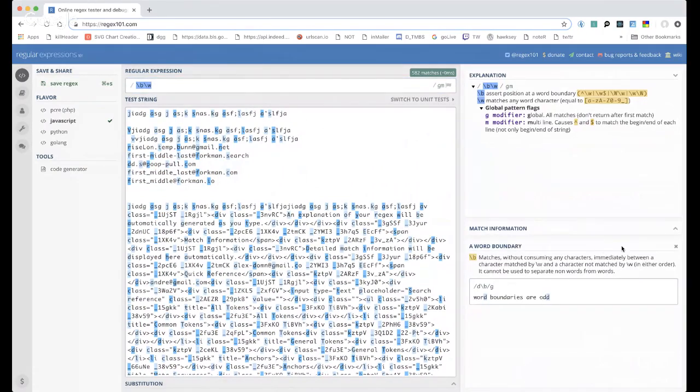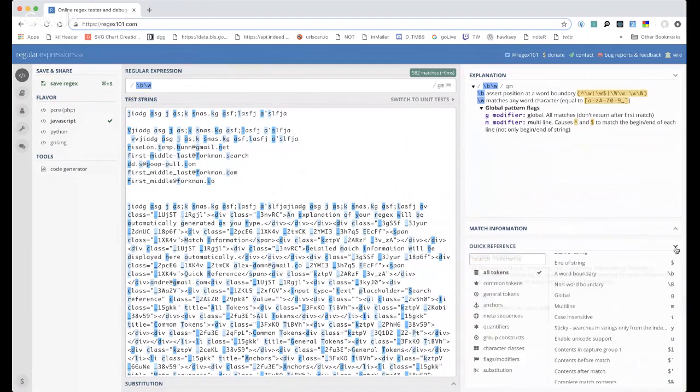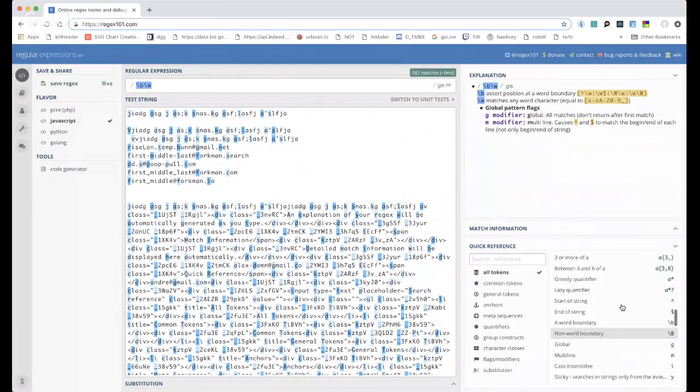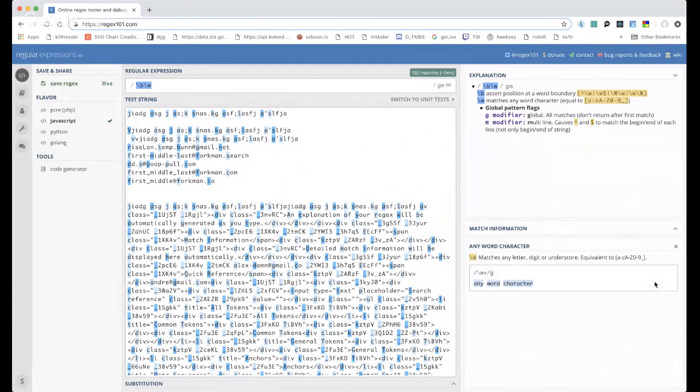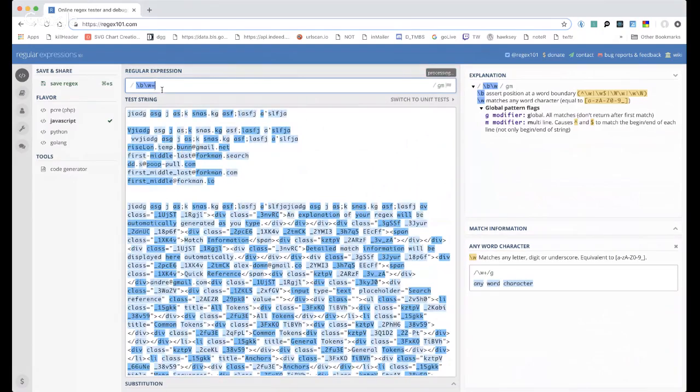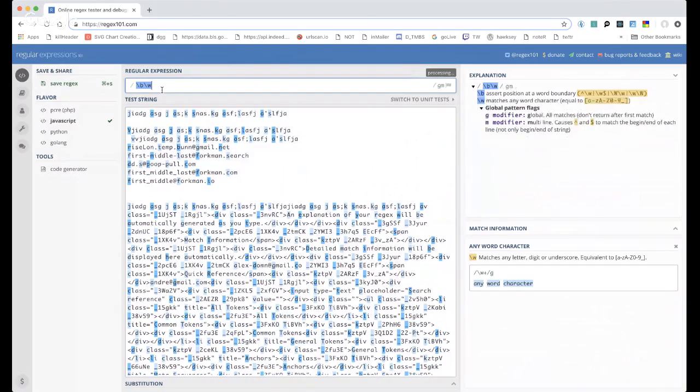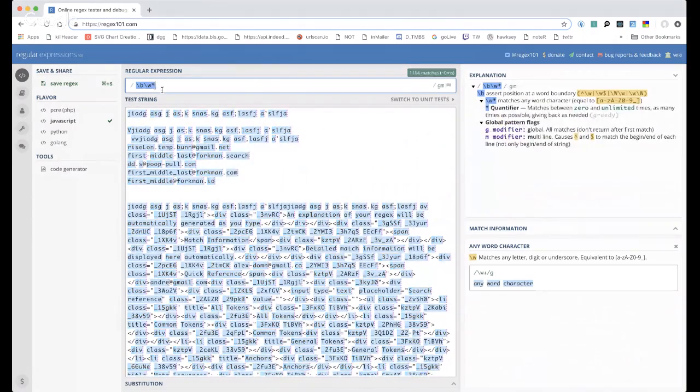Let's find that here so we can read the summary. Any word character. Now, if we say plus, that means find one or more. If we said star, that says find zero or more. We'll stick with this. Now, from here, then we want to find